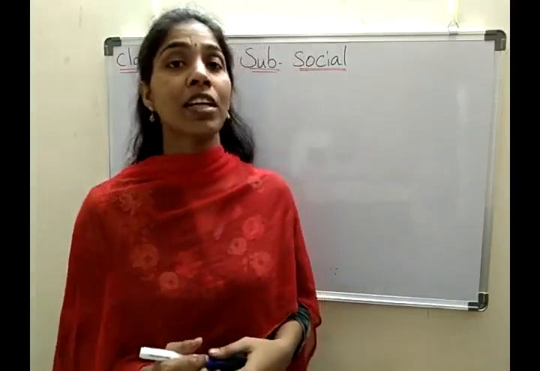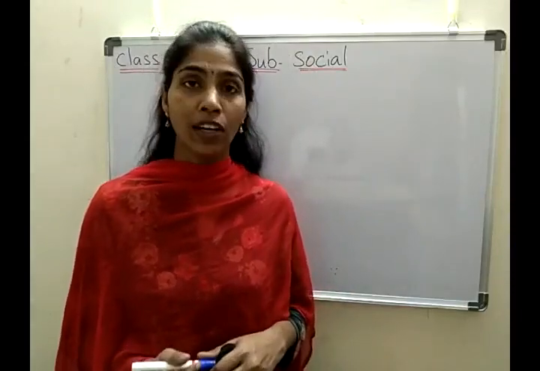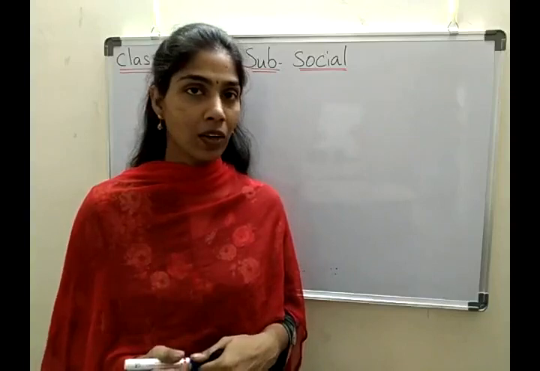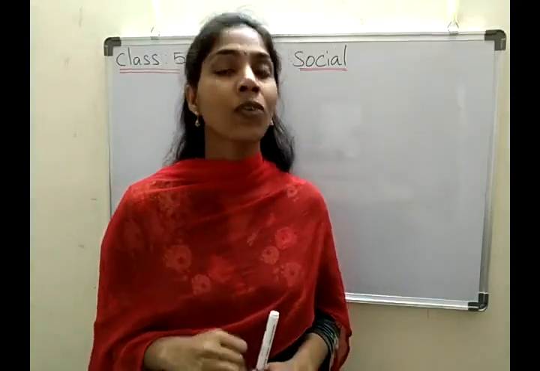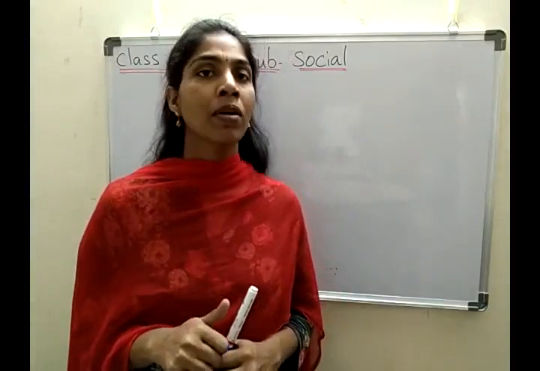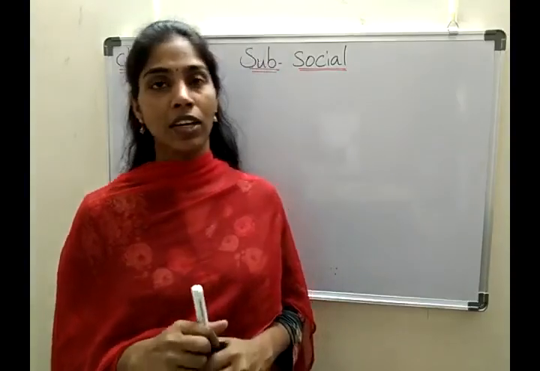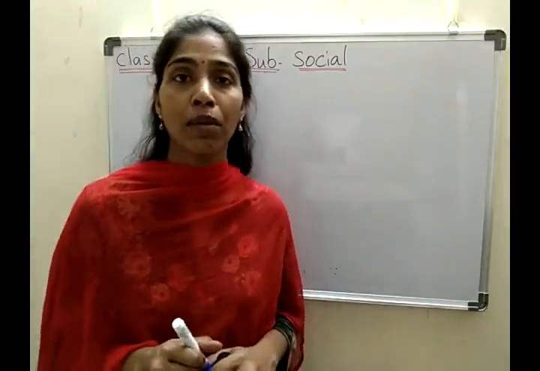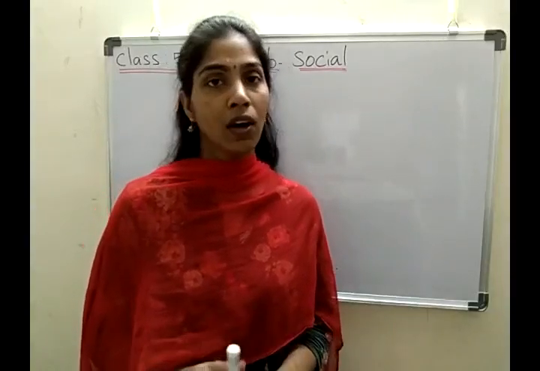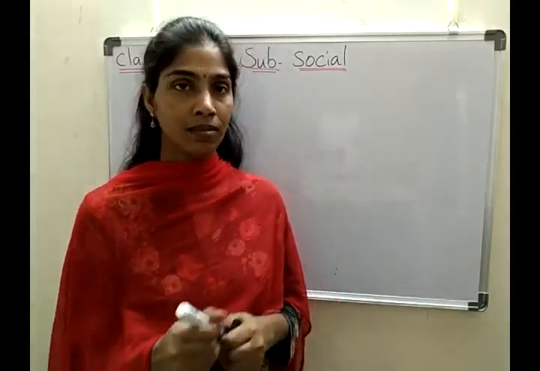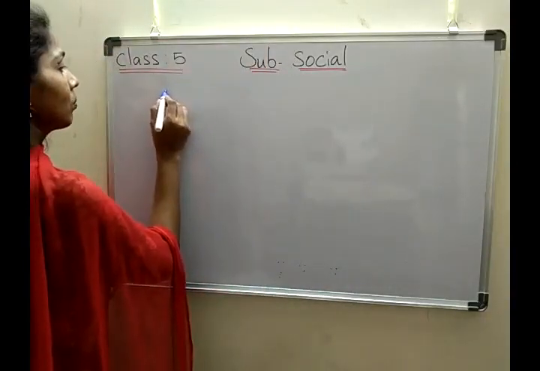Okay. Now tell me children, what is a map? Very good. A map is a drawing of the earth's surface. Okay. So there are three types of maps. What are they children? Very good. Physical map, political map and thematic map. Am I right children? Okay. Now today we learn about the difference between globes and maps and components of maps. Okay children, now let's see the difference between globes and maps.